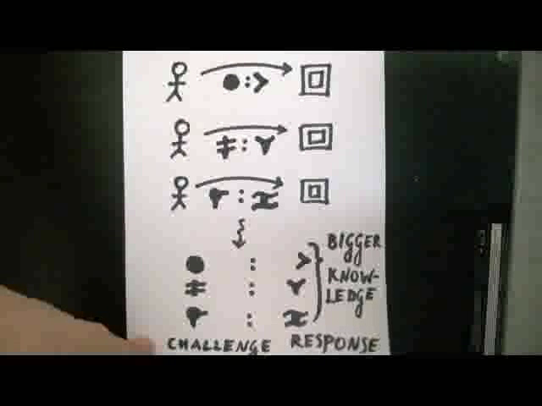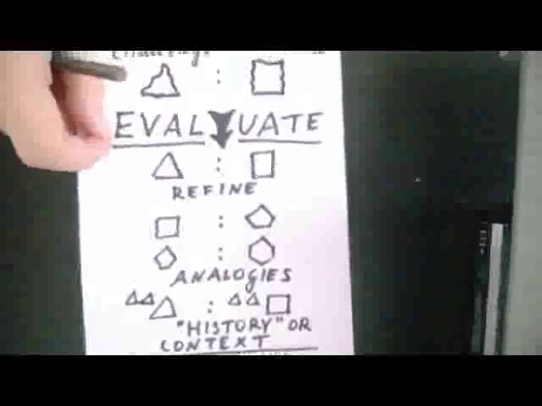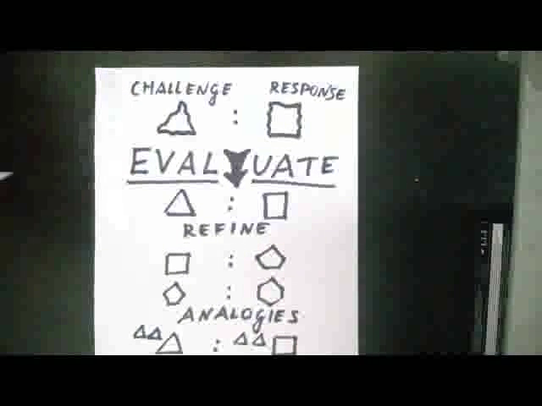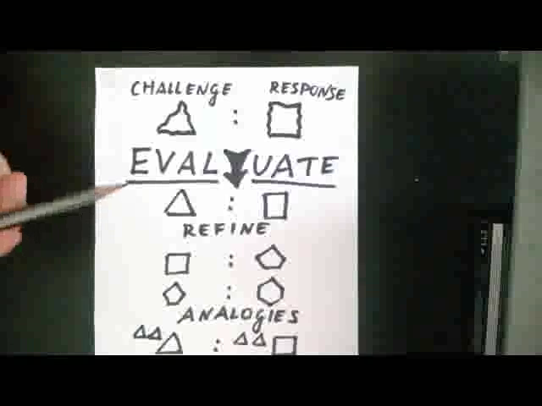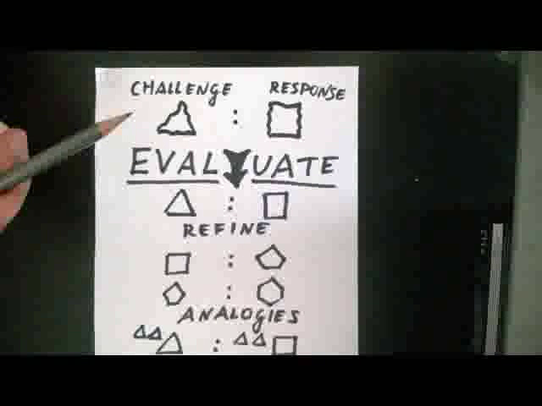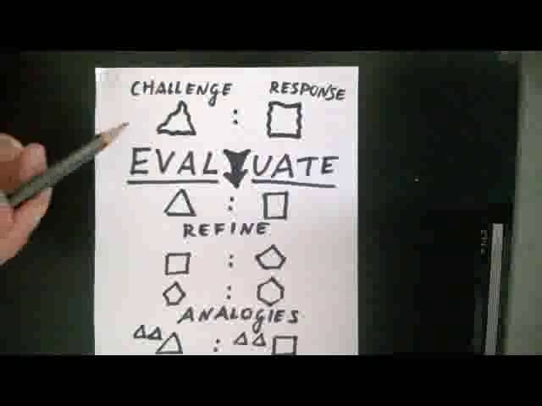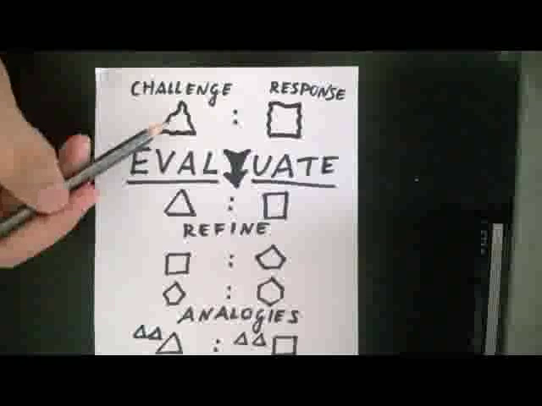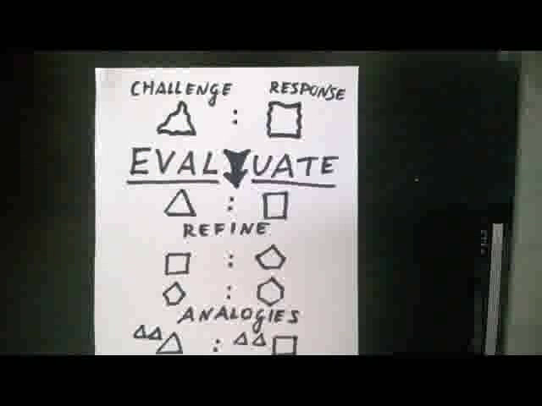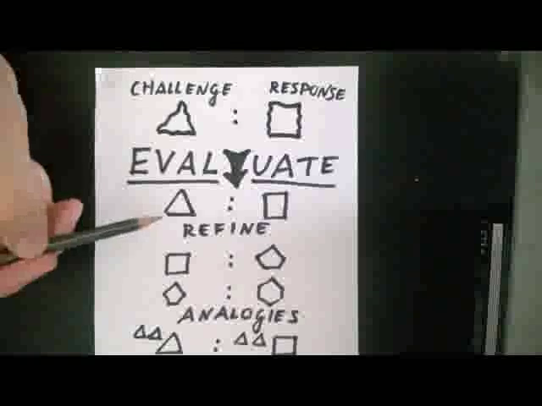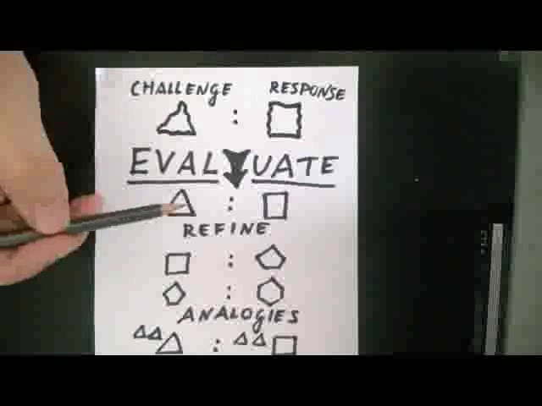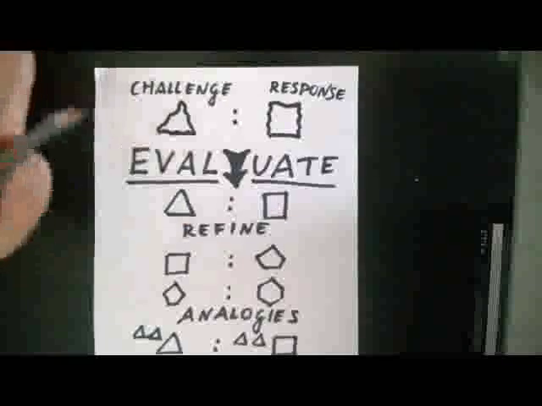This is a little bit automatic, you might say. So, is this really everything? The answer is no. In the beginning, we said the system should really be able to reason on the information it receives. So, what might it do? Well, let's say that it has just learned a new challenge-reply pair. It has learned that some kind of triangle triggers some kind of square. It may then refine that concept to say, a triangle in an abstract way triggers a square in an abstract way.